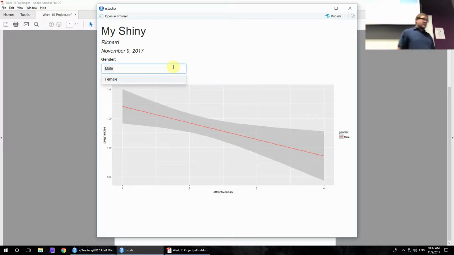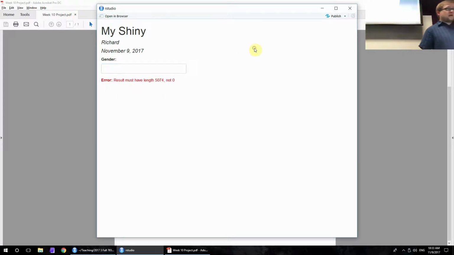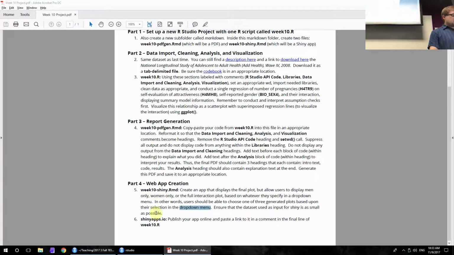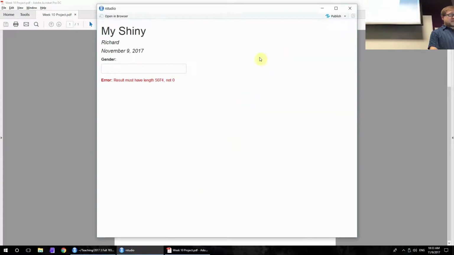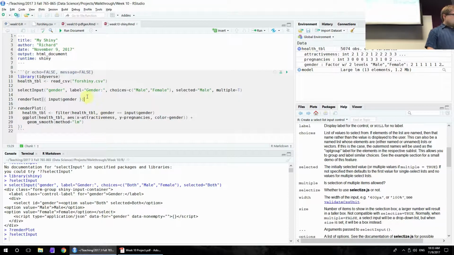So one of the things you have to worry about with app development is stuff like this. You have to think of sort of the unintentional consequences of your design. So how is somebody going to mess with it that could break it? That's a thing that we don't normally have to worry about in just vanilla R because it's just you doing the code. But here, for example, taking that approach, if you delete both of the genders, you end up creating an error, which if you wanted to use this in a professional way, you definitely would not want to happen. In that case, though, you could insert, let's see, an easy way to fix that here would be to